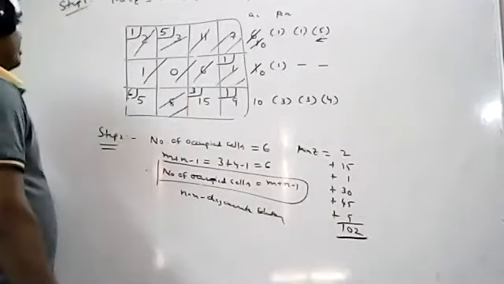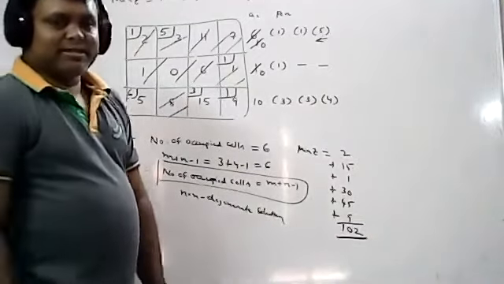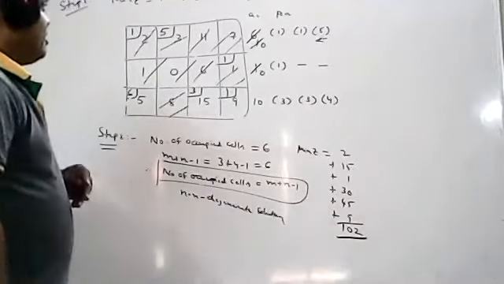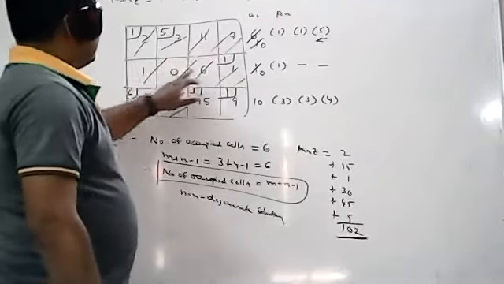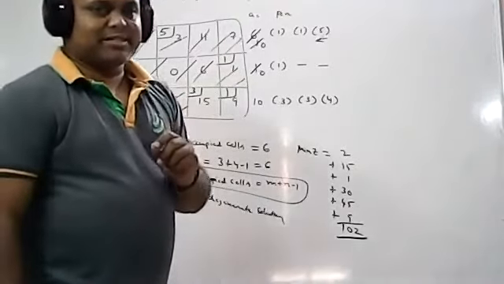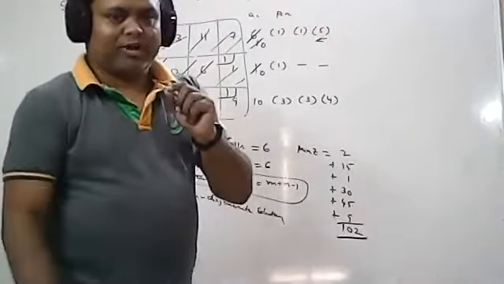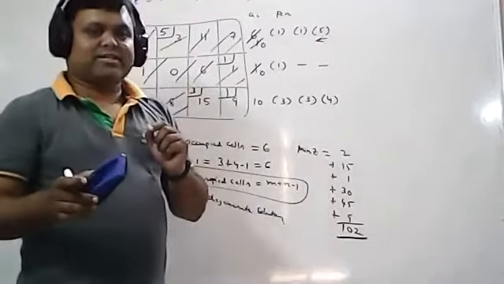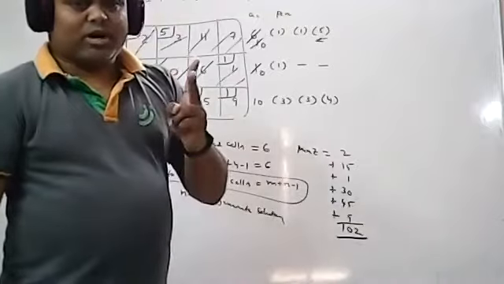Okay. Now I will move to step number 3. In the stepping stone method, step number 3 is nothing but you have to identify how many occupied cells there are in the problem. 1, 2, 3, 4, 5, 6. So 6 occupied cells are there. Step number 3 is that you have to form a loop. A loop starts in the same cell and also ends in the same cell. A loop connects some of the occupied cells only. In any single row or single column, only 2 corner points should be there.